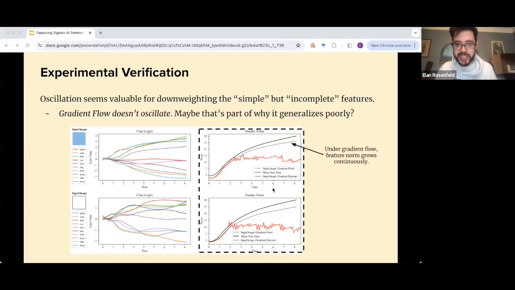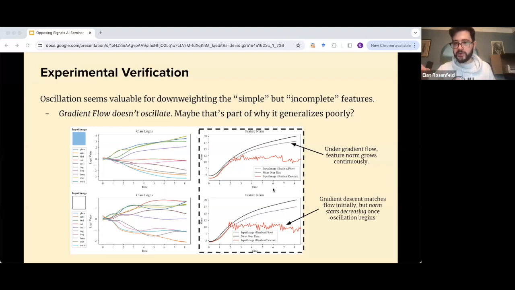And you can see that the feature norm grows continuously with gradient flow. That's the gray line. Basically, without oscillation, there isn't this effect to force the network to downweight this feature. And so it just continues upweighting this feature as it moves through the valley. In contrast, the red is gradient descent. Initially, before reaching the edge of stability, it matches gradient flow with the growth of this feature norm. But at some point, you start oscillating.